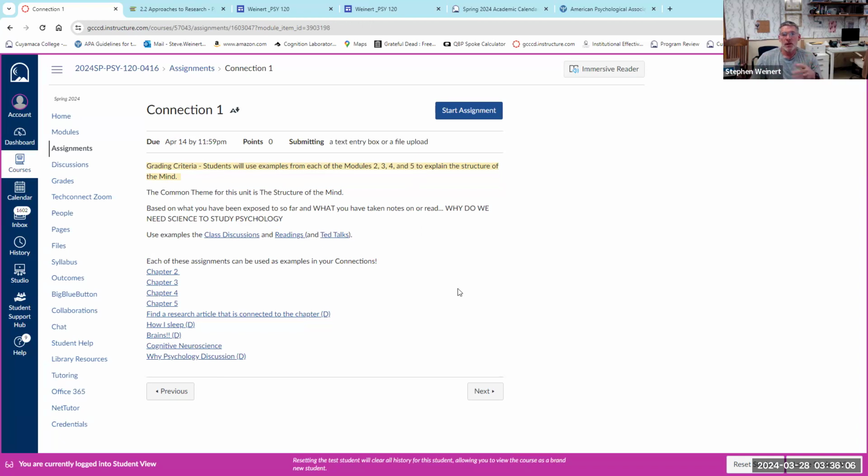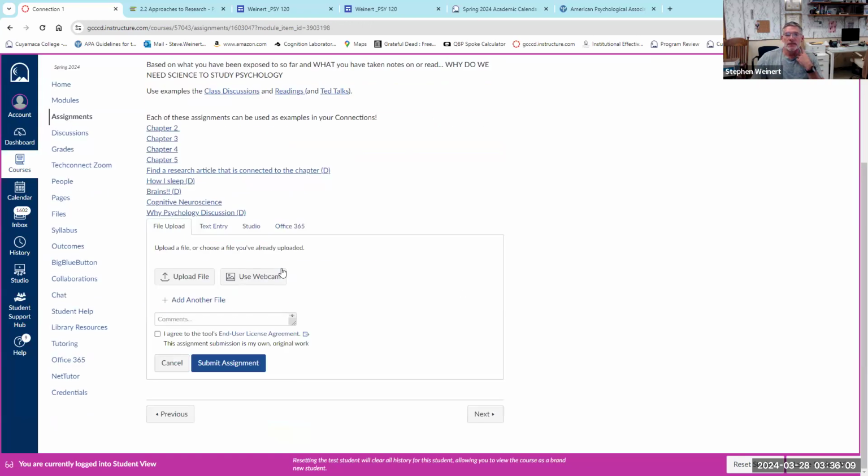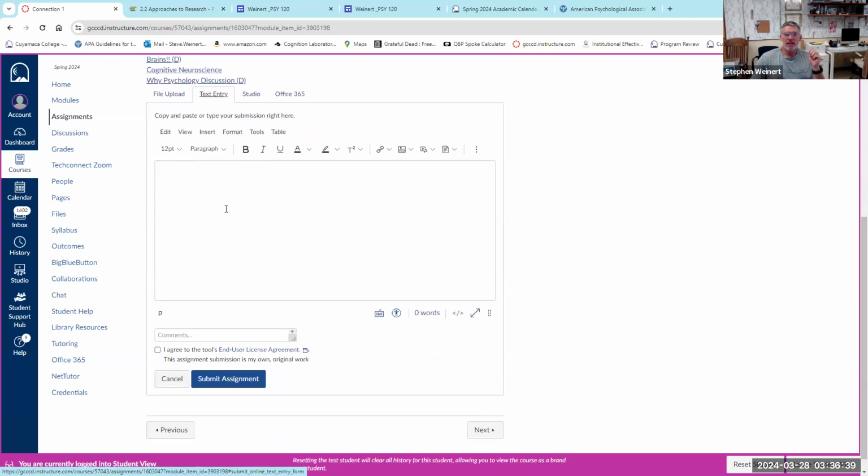All right, so in order to do this, you can click on Start Assignment. You can either upload a Word document. Please don't use, well, actually, Pages works now. If you do it in Google Docs, please download a PDF and upload that, because if you do Google Doc, I can't access it directly unless I ask for permission. If you want to record a video, please do. That would be cool for me too. You can also just copy and paste a text entry into here.